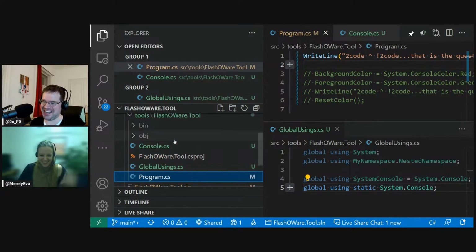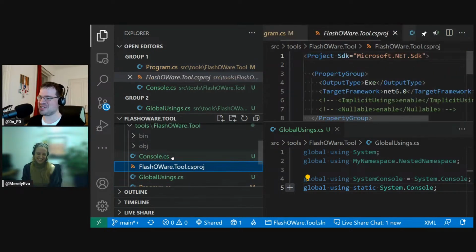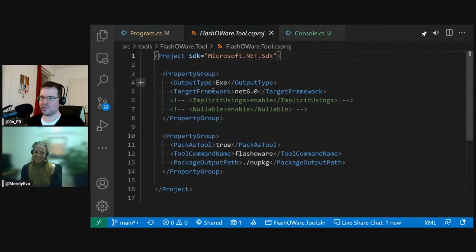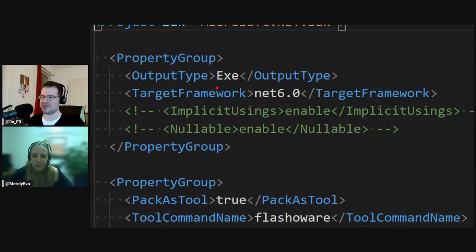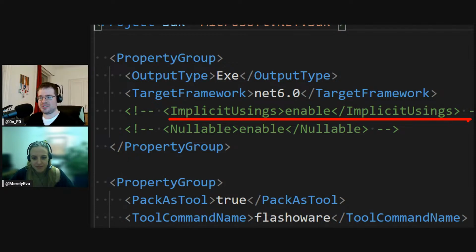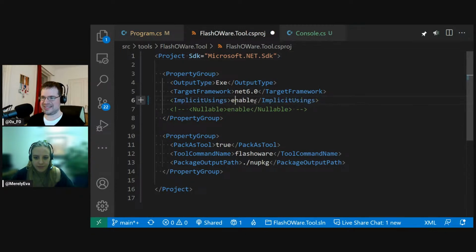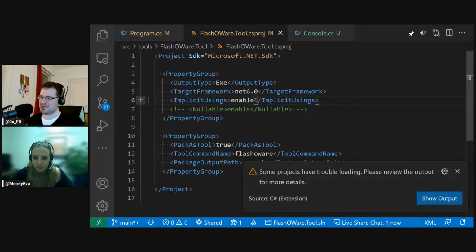So if we have a look at our original tool, we did comment out this code, which is now part of, since .NET 6, part of every template. You get the implicit usings enabled here. We disabled it because we said, hey, we want to talk about this in a future episode. We won't enable nullable yet. This will be a future episode. But today it's time for the implicit usings. So if we comment that out, that now globally imports